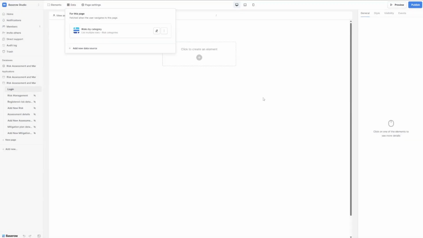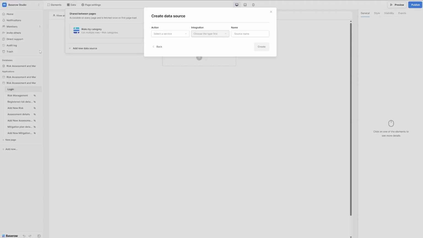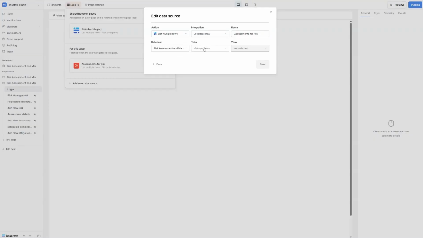We're going to click Save on this, and we're going to say Share between pages. Let's now create our assessment for risks. We're going to list multiple rows, assessments for risk. I'm going to select our database, risk assessments,